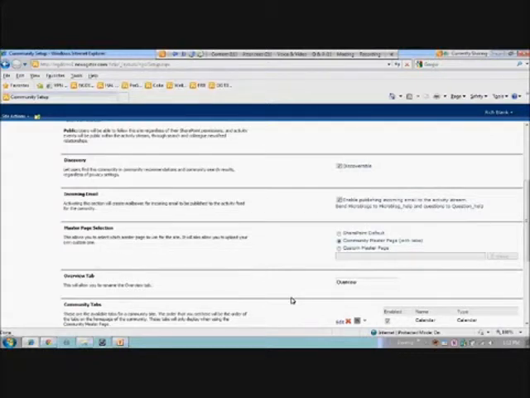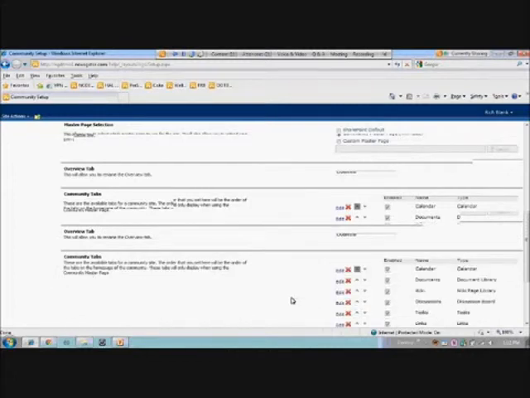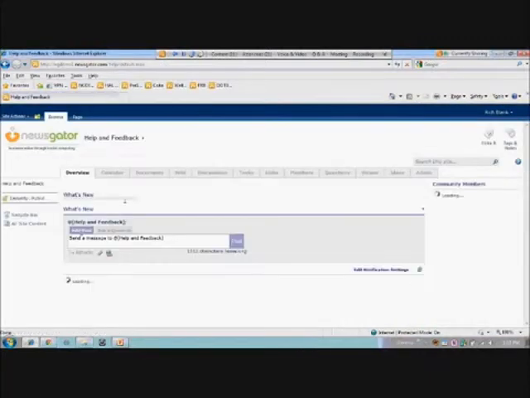And what we're seeing with some of our customers is that they're actually replacing their email distribution lists with communities now. Where IT before had to add people to an email distribution list in Exchange, now if I want to be part of that distribution list, all I have to do is go to the community and follow it. And here's where I can change the tabs and add them, change the name, change the links, and change the order in which they appear.